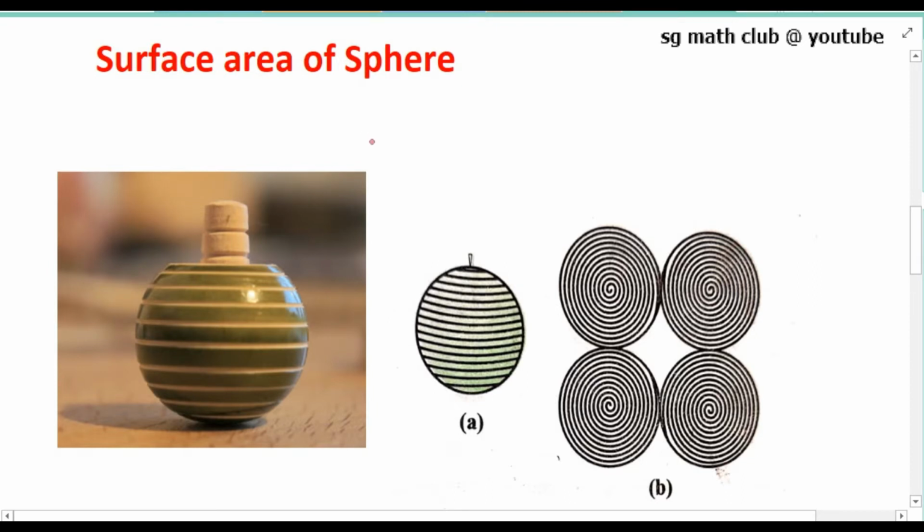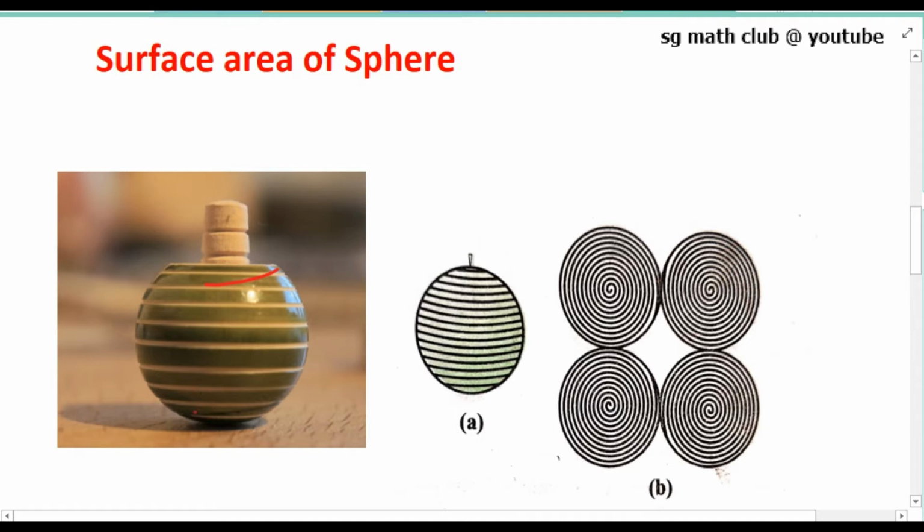Have you ever played with a top, or at least watched someone playing with a top? So you must be aware of how a string is wound around it. Now let us take a rubber ball like this, then drive a nail into it. Taking the support of this nail, let us wind a string around this ball. You have to continue doing this until the ball is completely covered with the string. After that, you mark the starting and finishing point on the string. Then you slowly unwind the string from the surface of the ball.